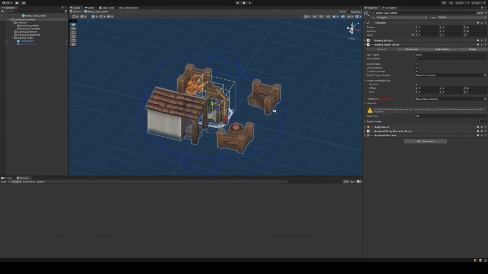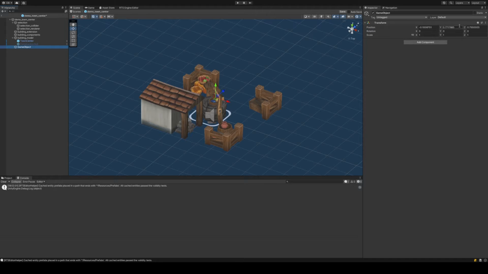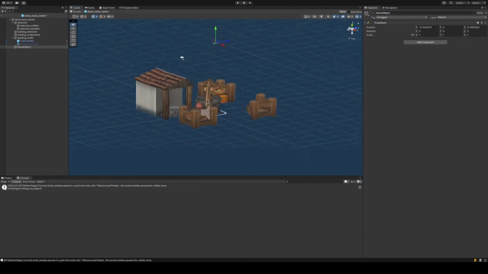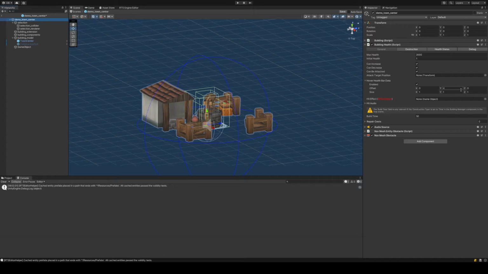So in this case, for example, let's go ahead and create an empty object and have the height set to 4. So the health bar, when you hover the mouse here, would appear at this position, which is at the moment pretty good, so we're going to keep that. So in the middle of the building, but we're going to move it up, and then the size of it, which will be